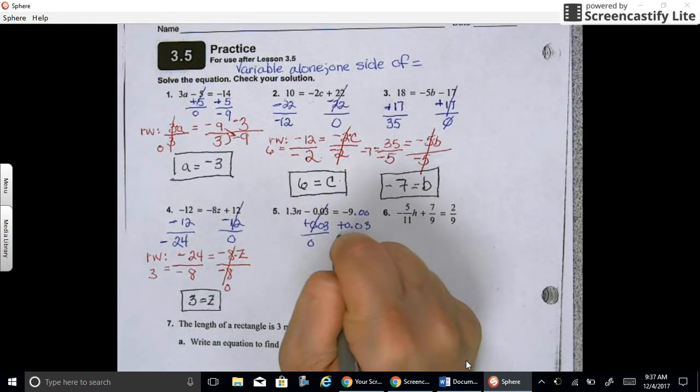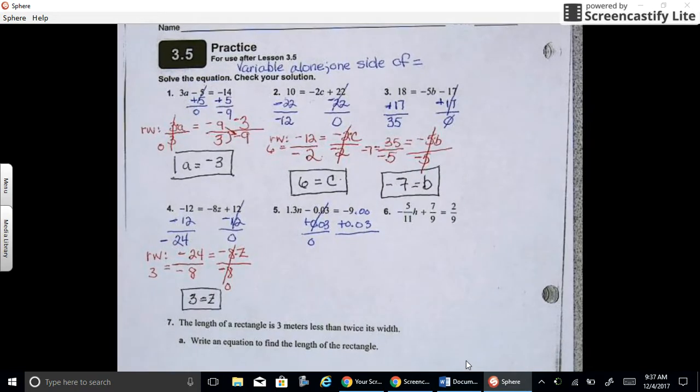0.03. So now you can use your calculator. The rules for integer operations on the wall say if you add and subtract two different signs, you treat it like a subtraction problem and you keep the sign of the larger number. So our larger number is the whole 9. So we're going to have a negative answer. So what you're going to do is take 9 minus